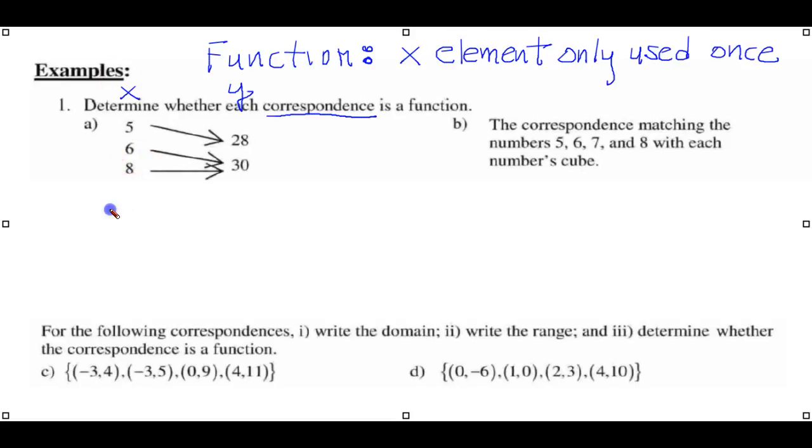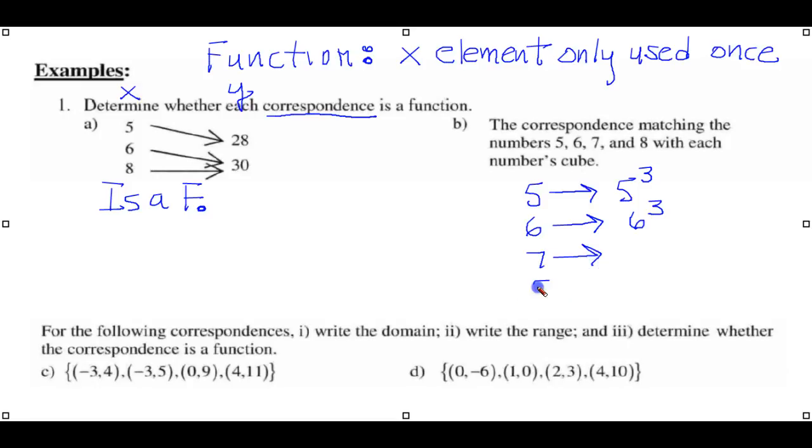So this is a function. The X element's only used once. Now, sometimes as you read it, you may not understand it that well, but let's look at it. The correspondence matching the numbers with each number's cube. So it would be 5 corresponding to 5 cubed, 6 corresponding to 6 cubed, 7, 8,